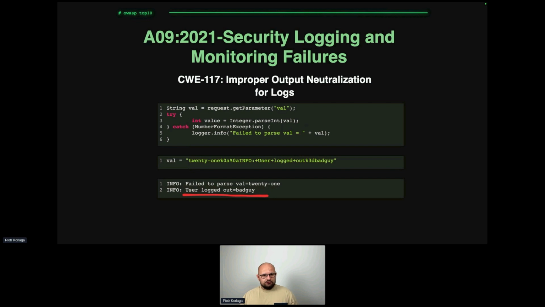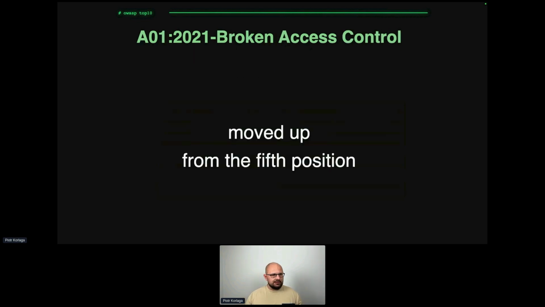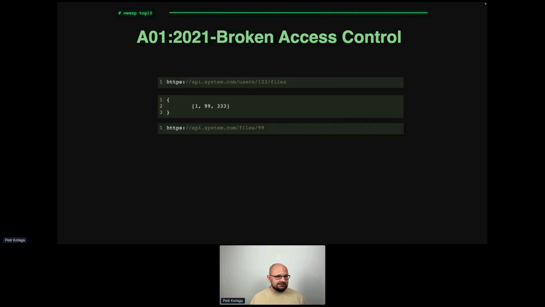And let's go to the end. Last but not least, broken access control. This is now number one. And with broken access control, access control is always broken. Almost every application has something wrong. The classic example, I would say, is with an API of files, right? So let's take a look at this line. I want to know all the files that this user has access to. So I get the numbers. This is the ID of the file, 99,